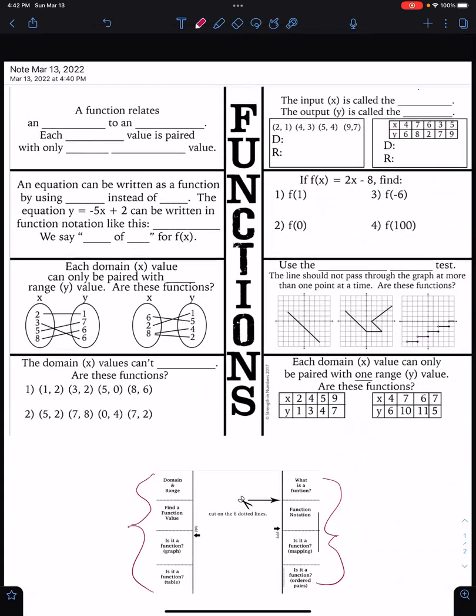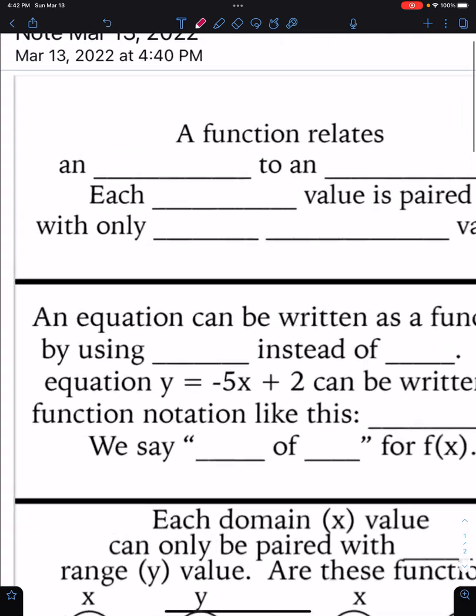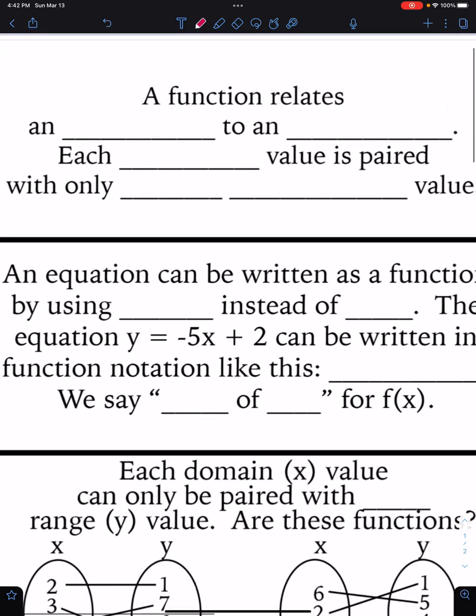What is a function? A function relates an input value